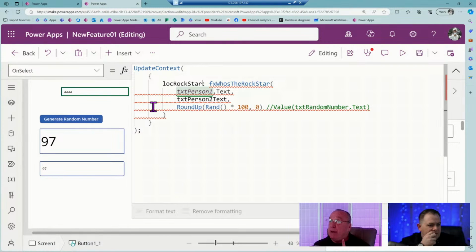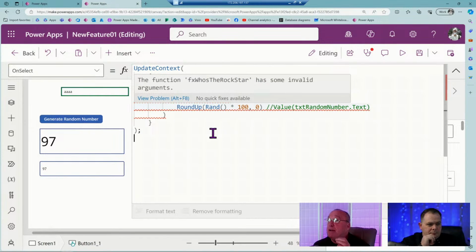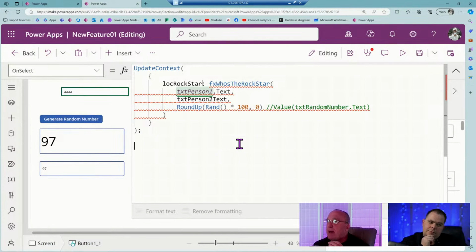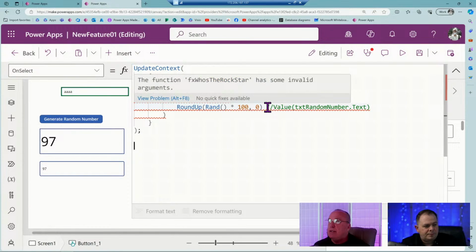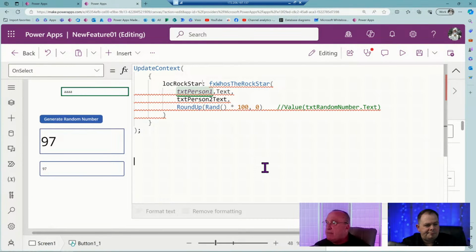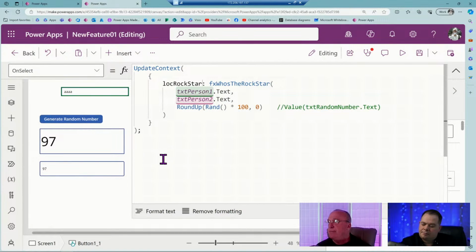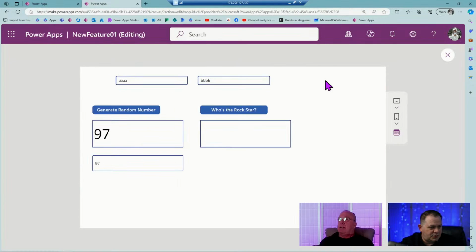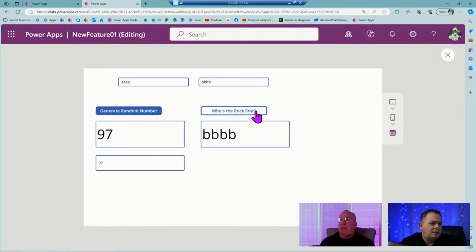Now notice, guys, that he didn't put a literal number in there. He didn't put a value in there. He put a function in there. So just like in all the Power Apps functions, you can have nested functions, right? So now every time you click that thing, let's see what it does. Okay. Let's do it. I'm going to type in here, Darren, Kurt. Look at that. Now, if we had a counter, you could do something like that too.